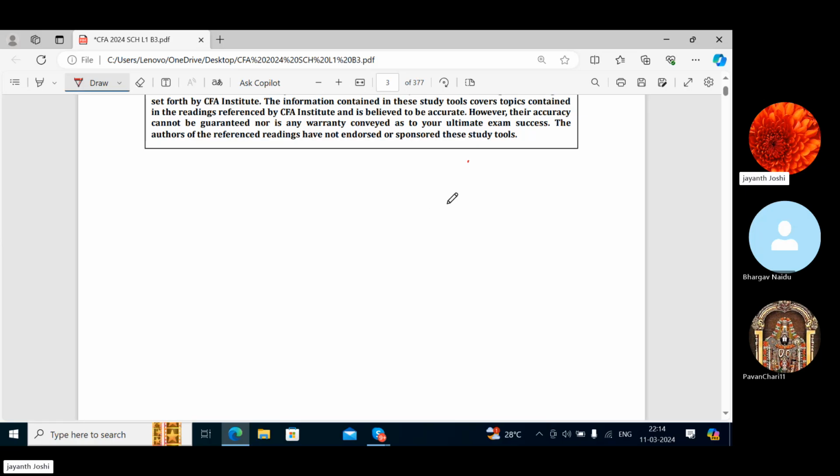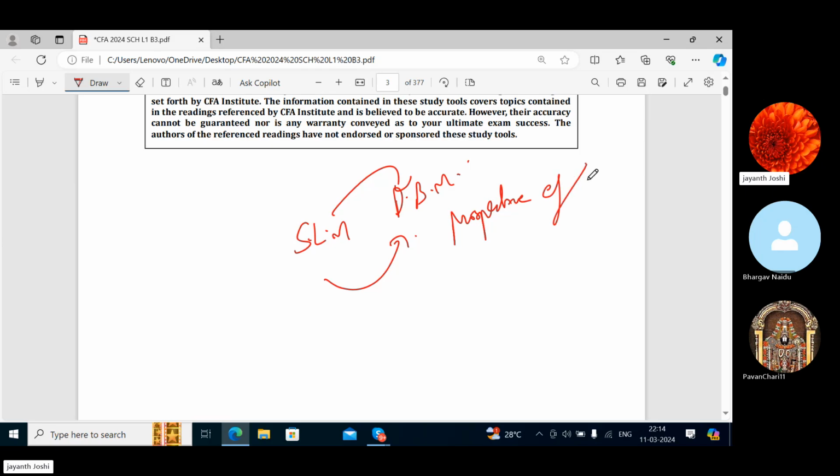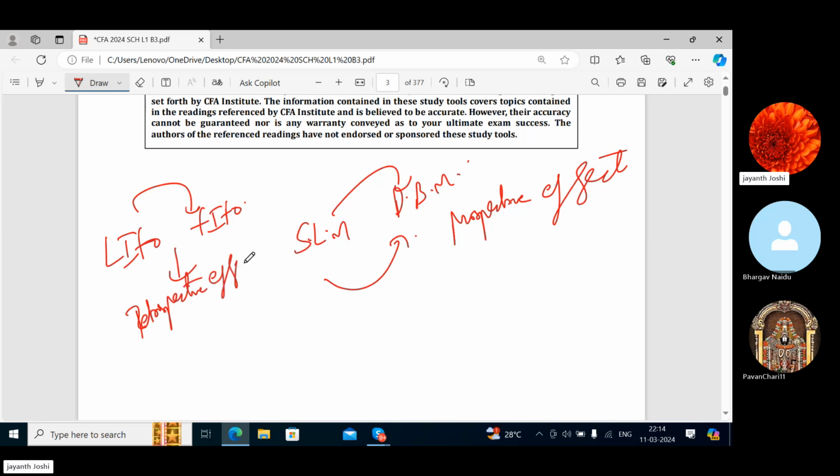Fine. And if you want to change the depreciation method from straight line to diminishing balance, it's called a change in estimate, and that also you have to account for. If the accountant wants to change the method from straight line to diminishing balance, that is a change in estimate, and a change in estimate should be given prospective effect. A change in accounting policy, such as changing the method from LIFO to FIFO, you have to give retrospective effect. I'll explain this afterwards, but right now my topic is this.